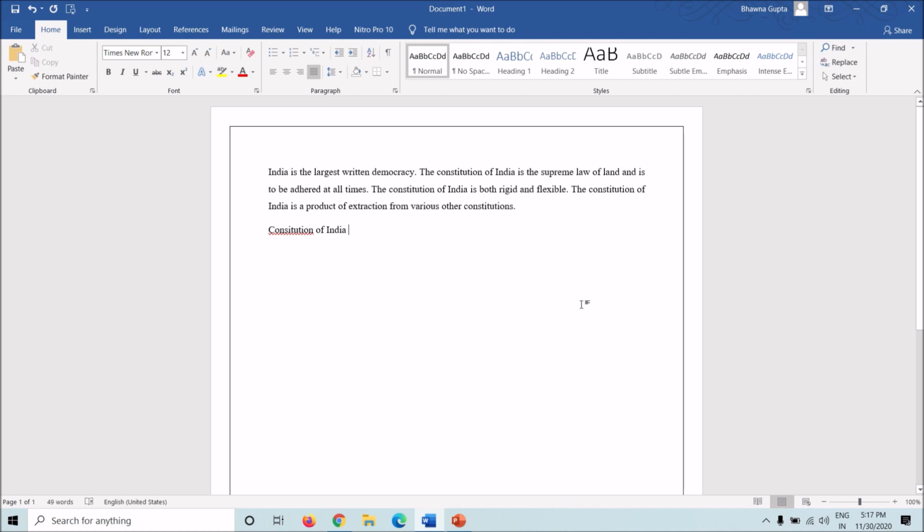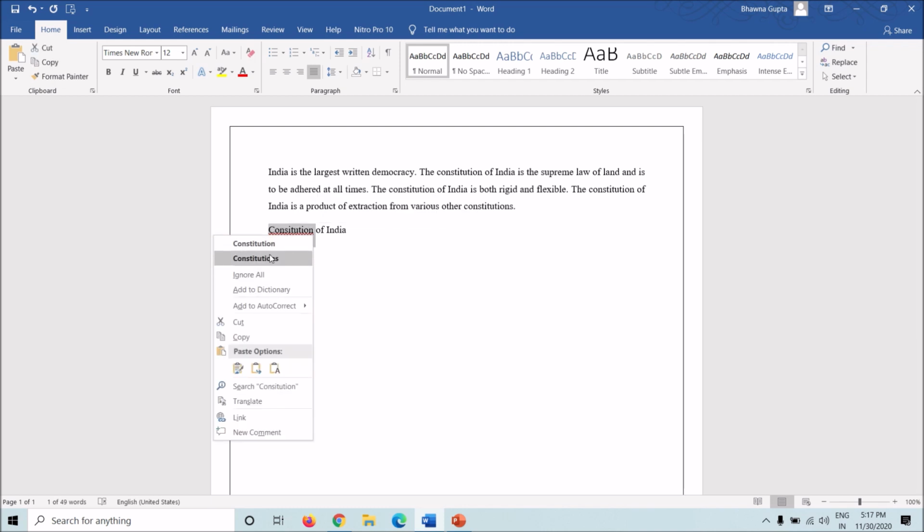Okay, so the thing with Word is it provides the same grammatical and spelling options that Docs provided. So I wrote Constitution misspelled, and Word could not detect this word. So what I would do is right click here and see the same option.